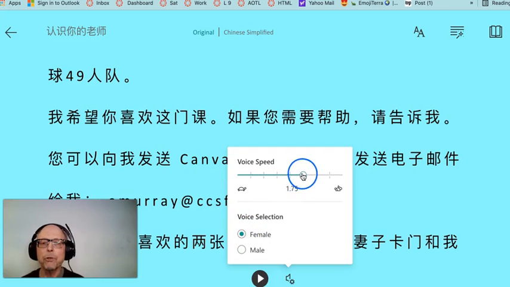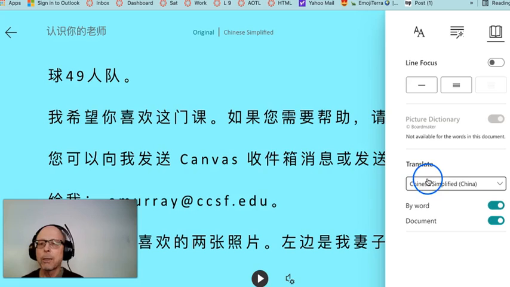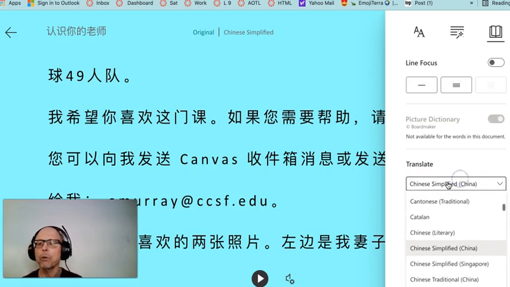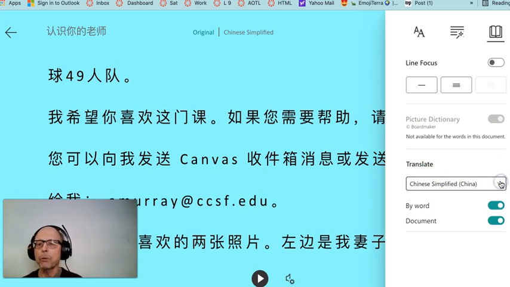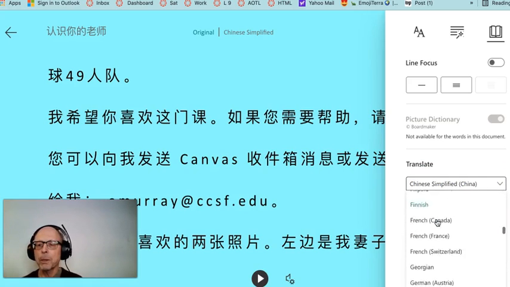Okay, so that is an example of how you can translate it to the language that you want. So I'm going to put it back to 1 here. And I'm going to go back to the book. This is where you can get the translations. And let's try one more. Let's try one of the Spanish ones. So a lot of people in the class can speak Spanish, or their first language is Spanish.